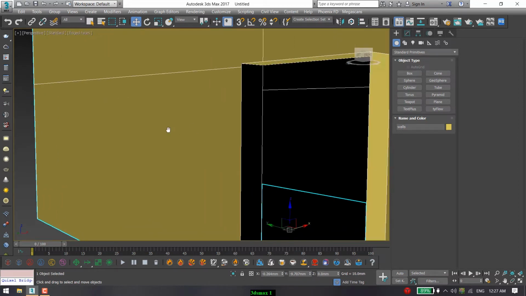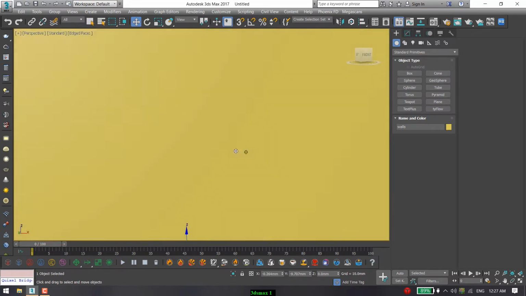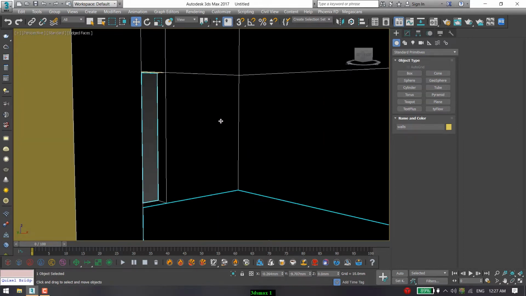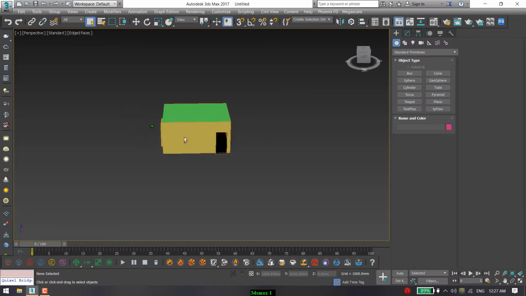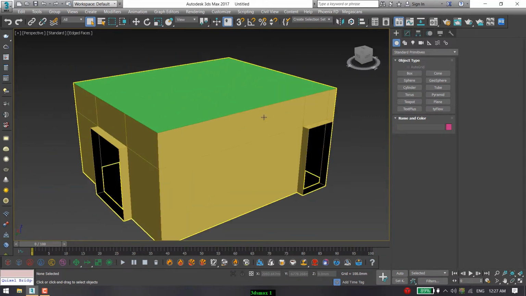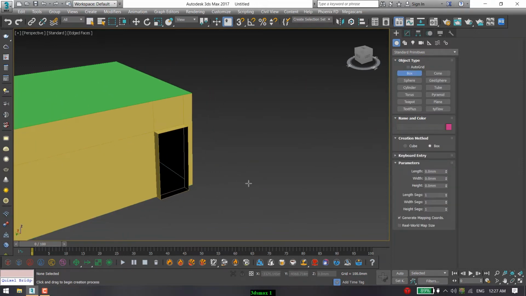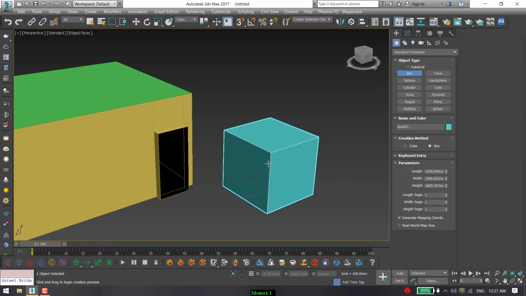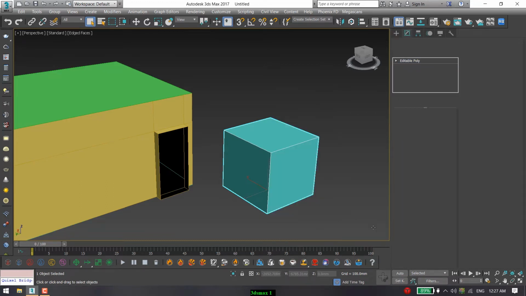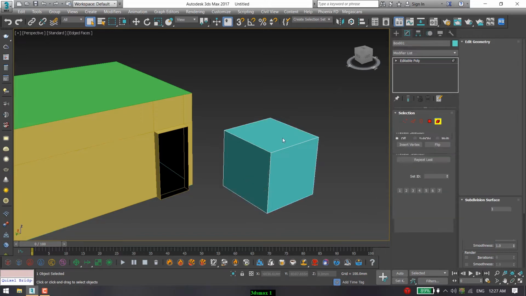But if we go inside our room and see, we are watching black color faces because our faces are flipped. I'll show you a good example of what back face flipping is. If I get one box, right click, convert to editable poly and select element.